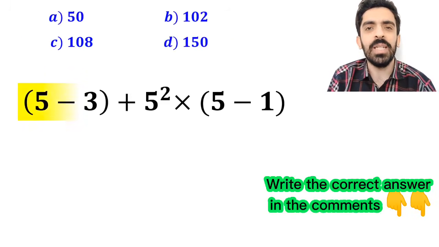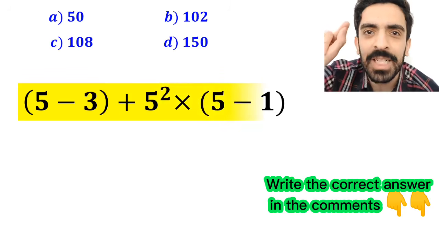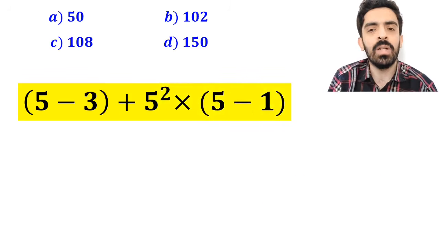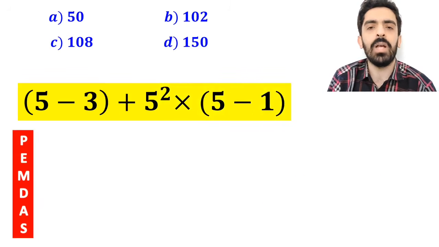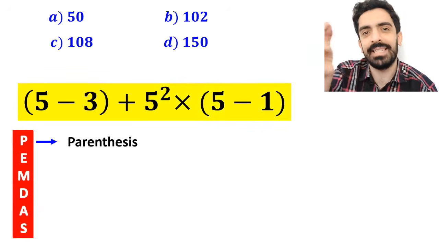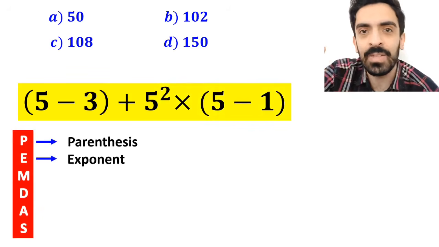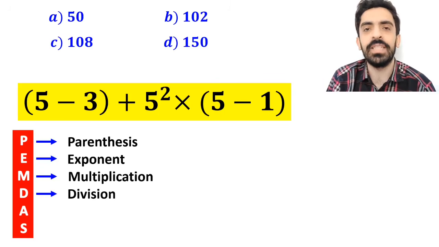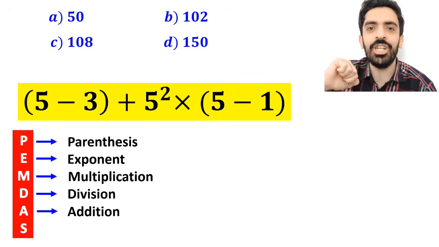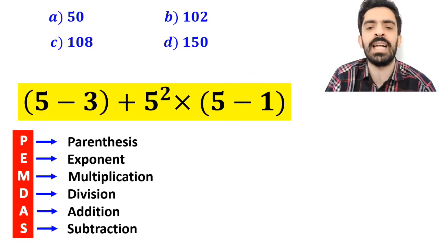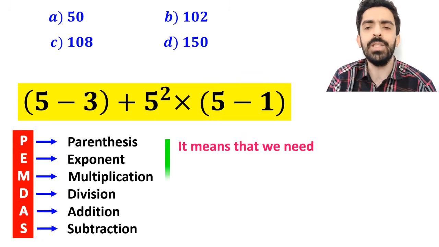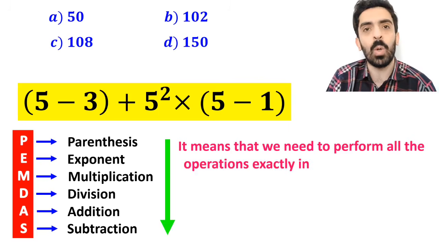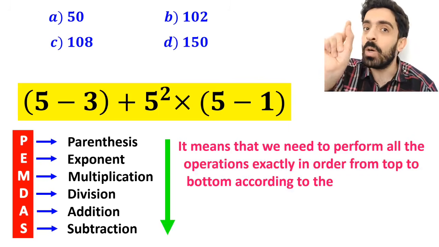Alright, now let's go step by step together. We'll show you how to solve this expression correctly. To solve this question, we must follow the PEMDAS rule. And in this rule, P stands for parentheses, E stands for exponent, M stands for multiplication, D stands for division, A stands for addition, and S stands for subtraction. It means that we need to perform all the operations exactly in order from top to bottom according to the